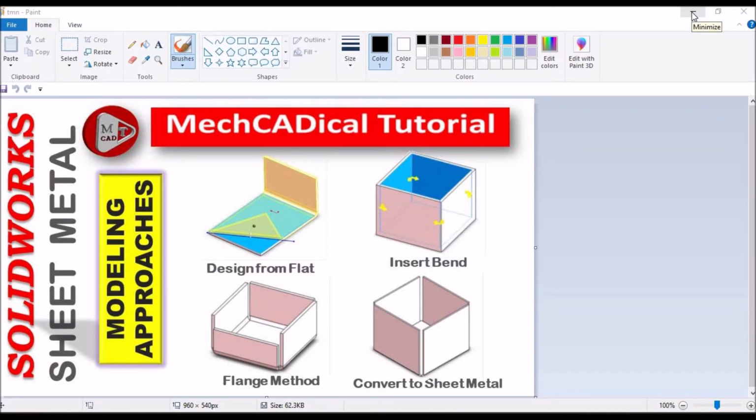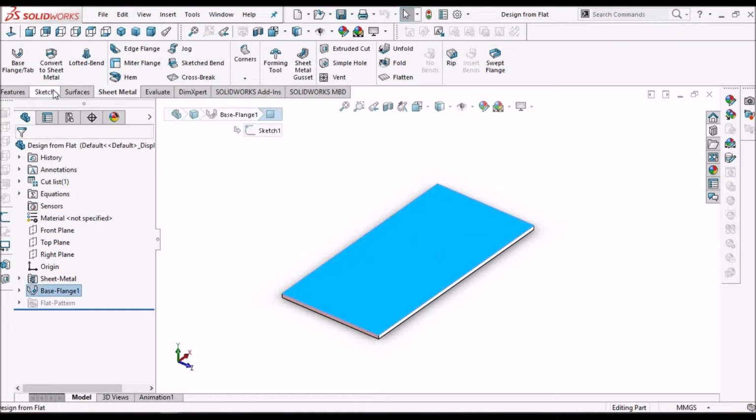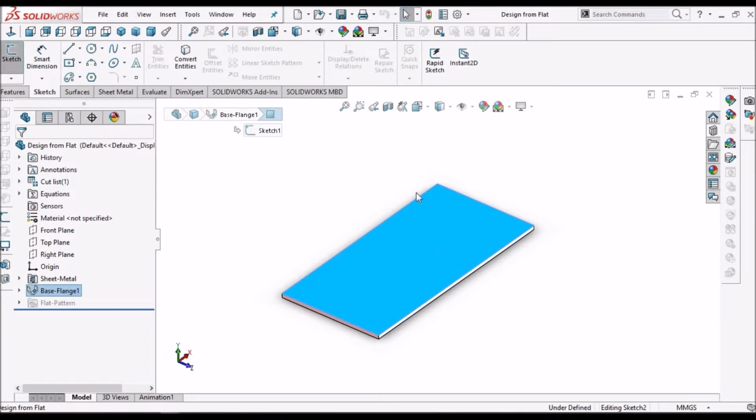So let's start now. So I've taken the base flange. Here I can create one sketch here.